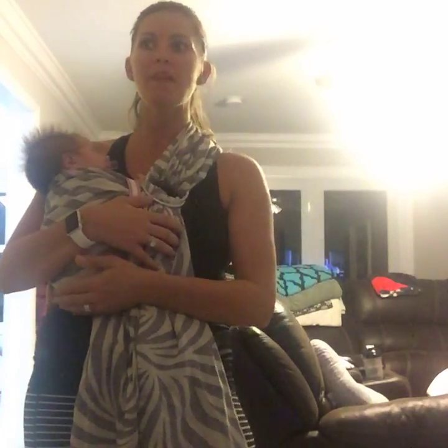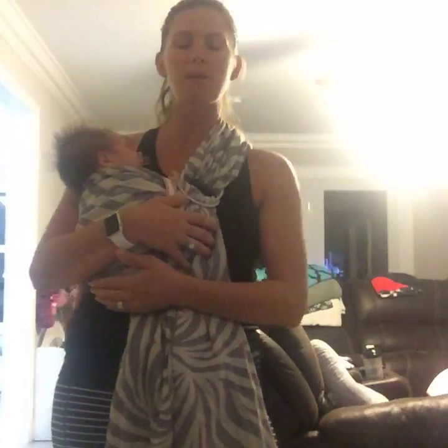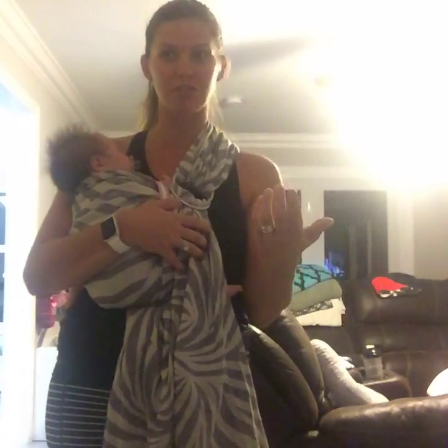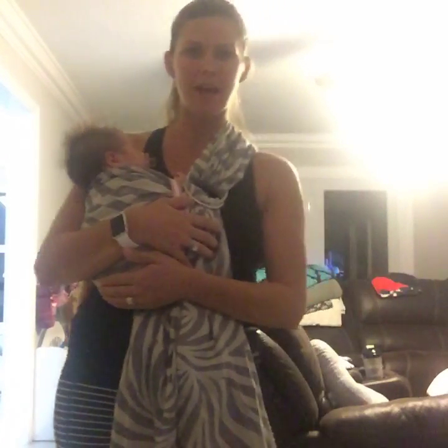And then make sure you have a huge cup for ice chips. My little styrofoam one kept running out so fast, and they can only fill so much. So it would have been nice to have a bigger cup to have more ice chips to last longer. I think that was really it for during labor. Maybe some entertainment depending on what kind of labor you have. I watched a good amount of television for the first few hours, so thank God there was an SVU marathon going. So maybe your iPad or a phone, just something to keep your mind off